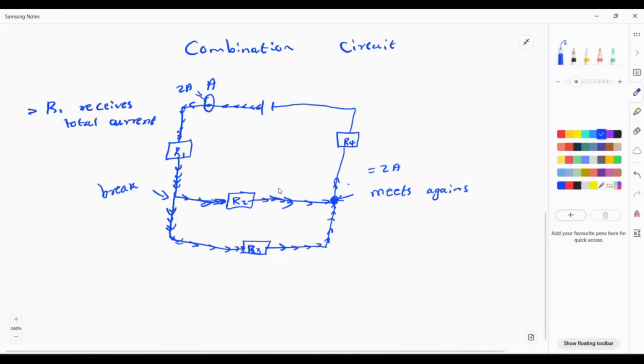Because when it was broken here, you might find that R2 was almost 0.5 and then R3 was about 1.5. So when they meet again, they contributed 1.5 plus 0.5 to make it 2 amperes over there. So that's what happens. And then again, R4 will receive total current. Total current is received over there. So what you will see is that in a combination circuit, other resistance receive total current, other resistance, they have